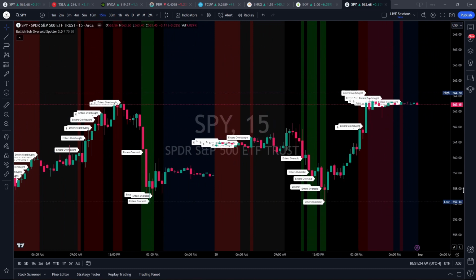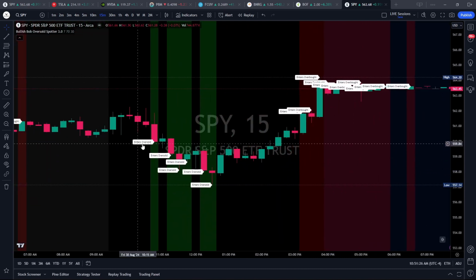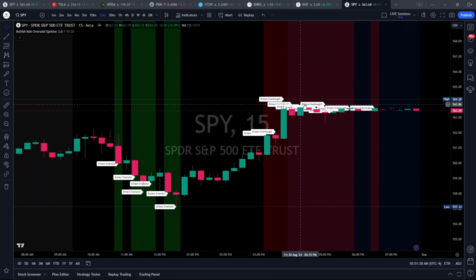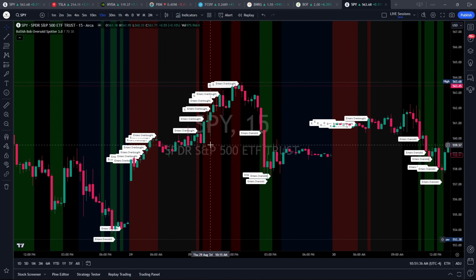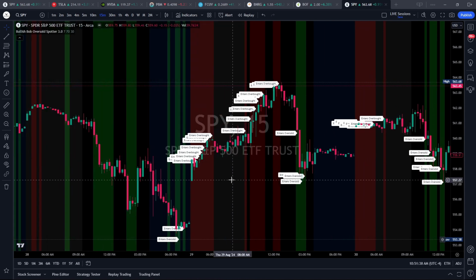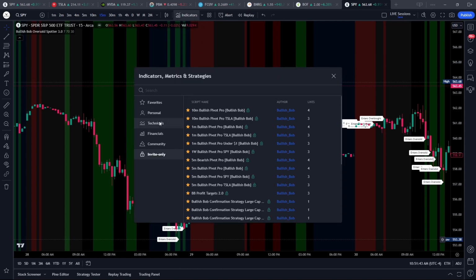So all the signals here, you can see, okay, it was entering oversold. So enters oversold, okay. And then it bounced back up. Enters overbought. Let's see. Enters overbought. It did go up from there, then faded off. Let's see. Enters overbought. So you can see a lot of signals. So again, if we pull up the RSI here,